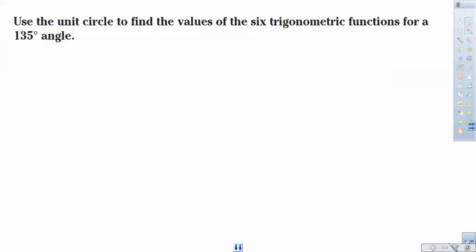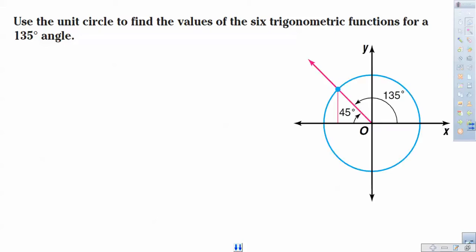Let's put it to work here. Take a look at this problem. Let's use the unit circle to find the values of the six trig functions for a 135-degree angle. First, let's plot that angle. 135 looks like that, right? Let's get the x and y coordinates right there using our unit circle. So according to this, we have negative square root 2 over 2 and square root 2 over 2 for the